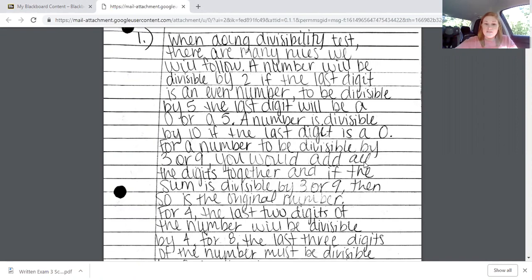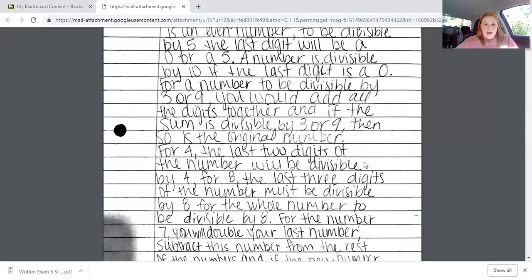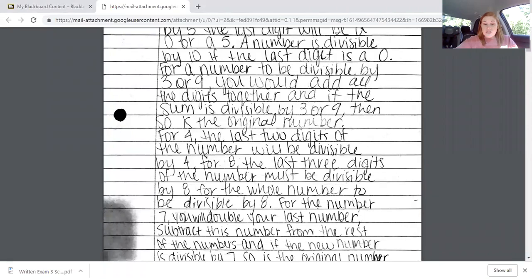For a number to be divisible by 3 or by 9, you would add all of the digits together, and then the sum will tell you if it's divisible by 3 or 9. So if your sum is divisible by 3 or 9, then that original number will also be divisible by 3 or 9. Then, for the number 4, the last 2 digits of the number will be divisible by 4, and for 8, the last 3 digits of the number must be divisible by 8